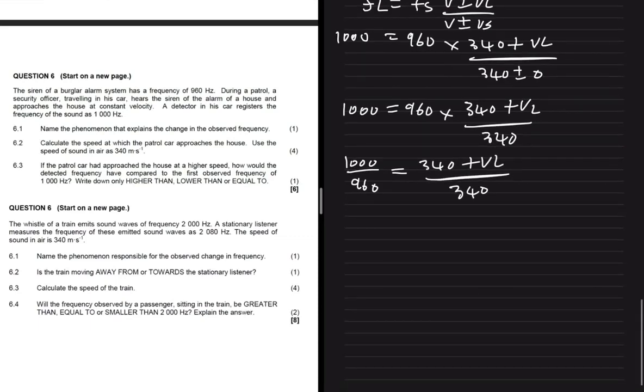We're going to cross multiply, so we're going to have 340,000 equals 960 multiplied by 340 plus 960 multiplied by VL. I'm going to take this which we have here to the left hand side so that I can isolate VL. So we're going to have